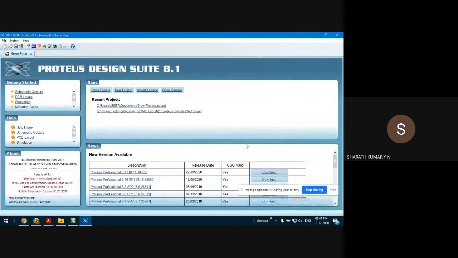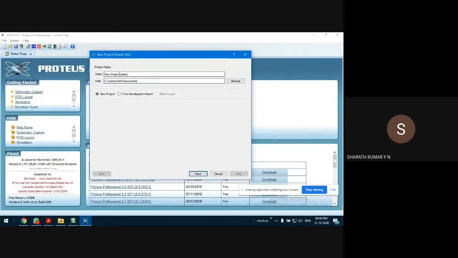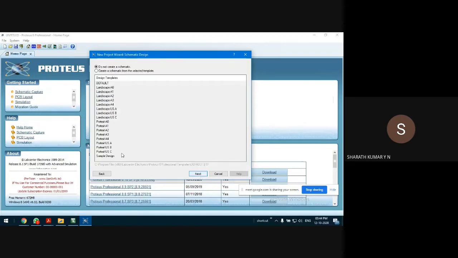Okay, fine. Yes, when this window opens up, select new project. Okay, you can give some name to the project. Just like in Keil compiler, we give a name for the project. Okay, let me give it as experiment. Simple experiment. Okay, the extension is .pdsprj. Okay, and if you want, you can change the folder path, or you can keep the same, nothing wrong. Select new project, go to next.